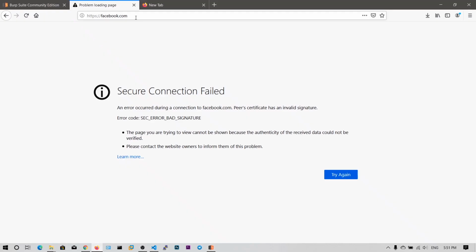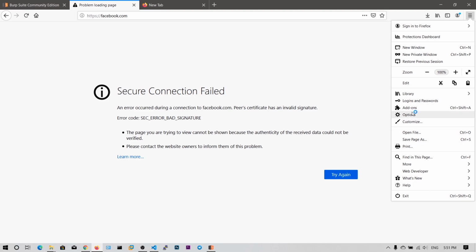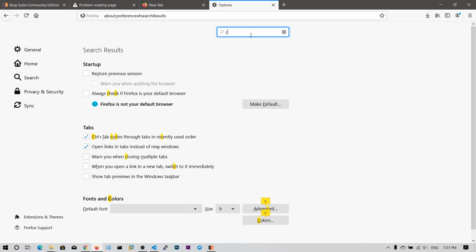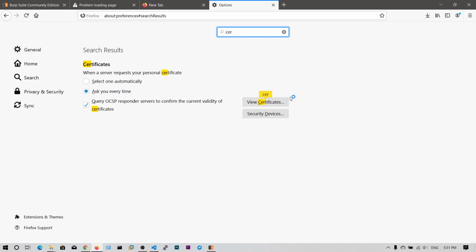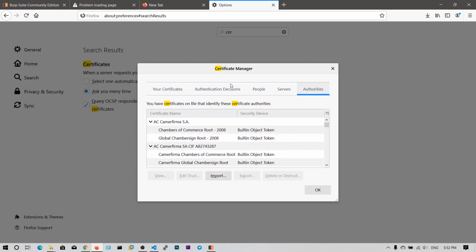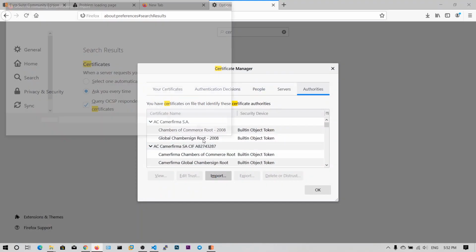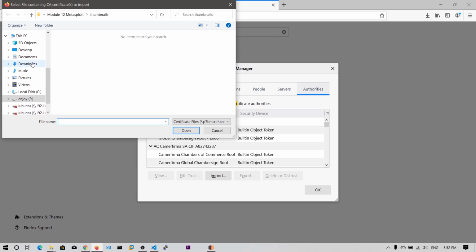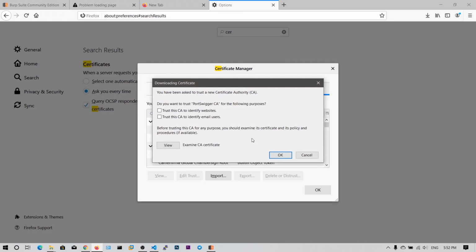8080. So okay, let me try to add this certificate manually. Use certificates, click on import and downloads. Okay, we are going to trust this certificate.